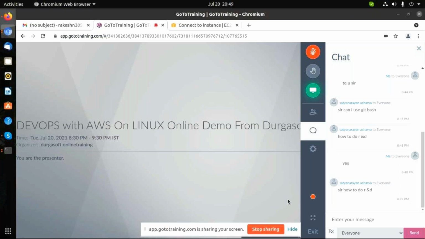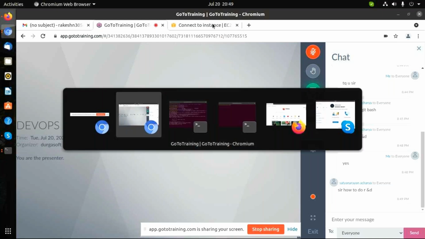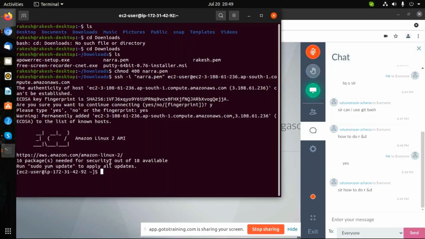Yeah, open your terminal. So guys, today's class, we will see how to create files, folders and all in our Linux box.